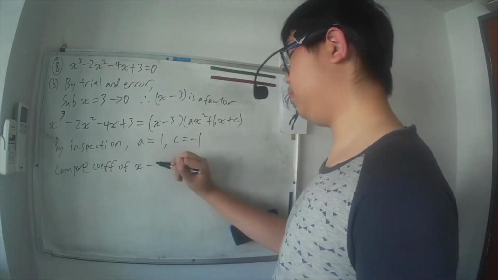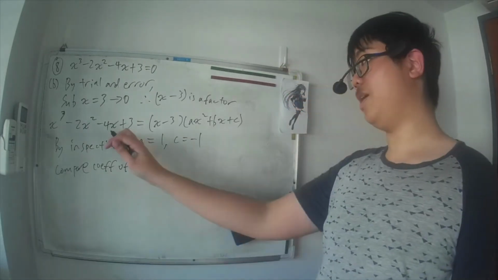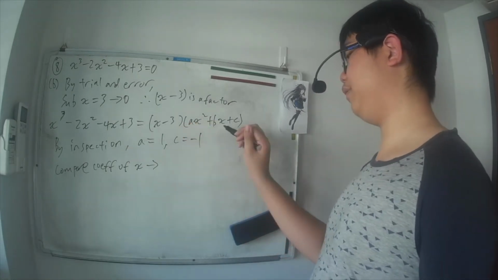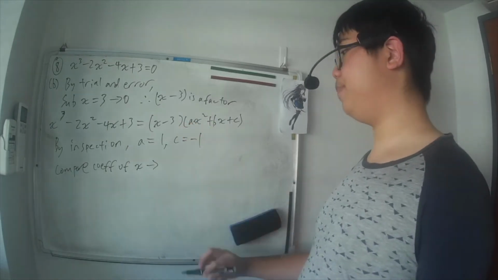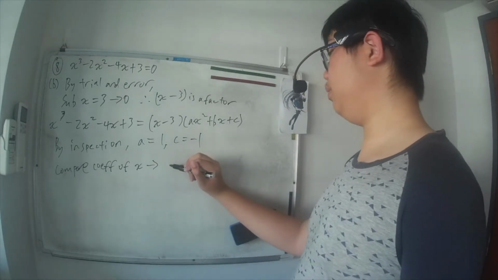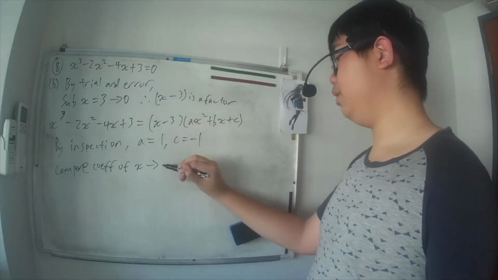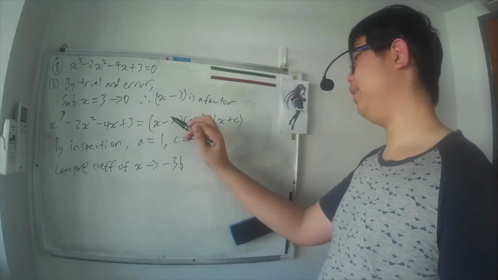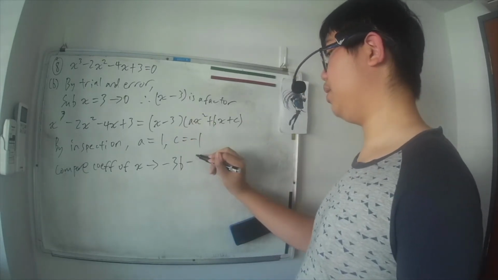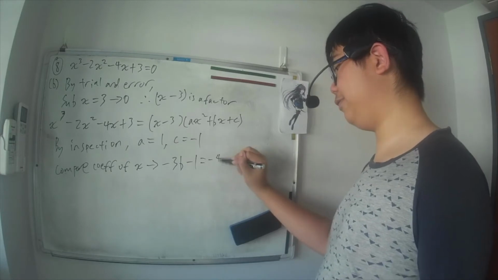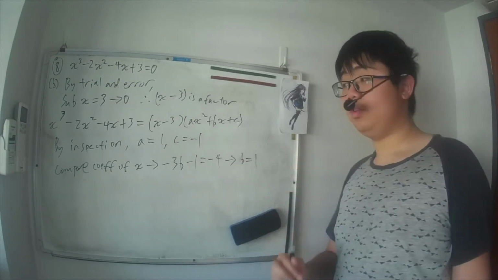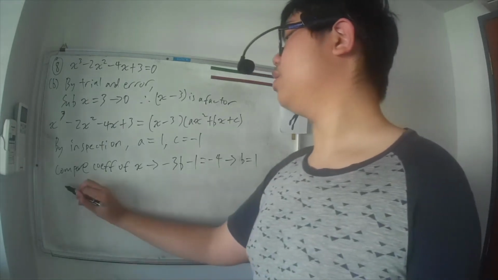Alright, so let's have a look. So this is minus 4, and then when I put x with b, this becomes b. No, sorry, if I put minus 3 with b, and then I will put this with c, minus 1 equals to minus 4. From here, our b is equal to 1, right? Okay, so now we can let